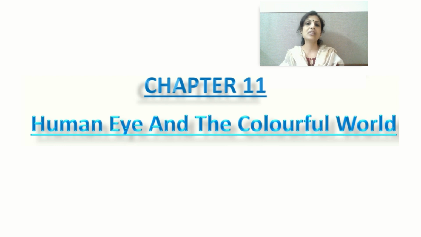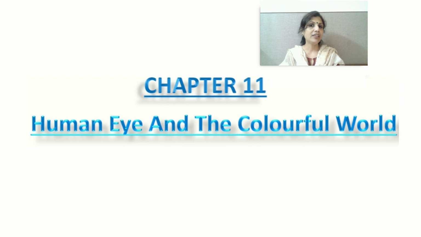After this, we discussed about some of the beautiful things which we observe in nature, like formation of rainbow, twinkling of star, then advanced sunrise and delay in the sunset. Then we discussed about why sky appears blue in color, why clouds look white in color. Then we discussed about the color of the sun at the time of sunset and sunrise. And in the previous session, we discussed about scattering of light.